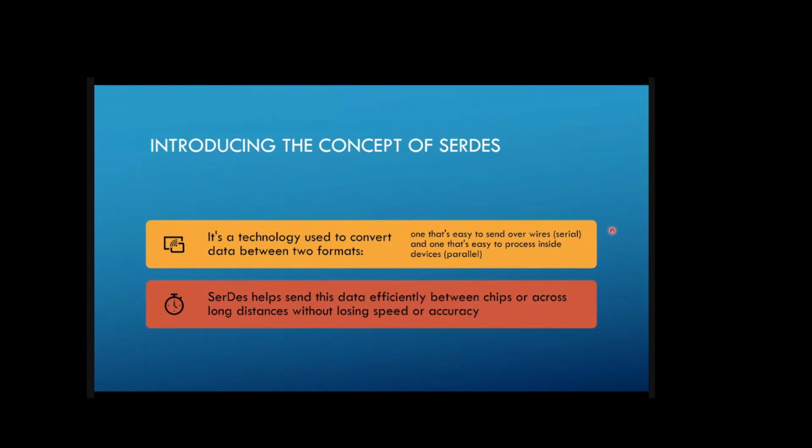So parallel is usually slower per bit, per line, we should say. Serial is much faster. There's another concept we call throughput. Throughput is different. It means you can have thousands of lines running. For example, you have 1,000 lines running at 1 gigabit per second. So now you have a thousand times 1 gigabit, which is 1 terabit per second. You are sending the data, whereas you do not have a serial link which can run at 1 terabit per second. Usually, a serial link is like 100 gigabits per second. So throughput will be higher in parallel. It could be, but serial is usually faster per interconnect or per line.